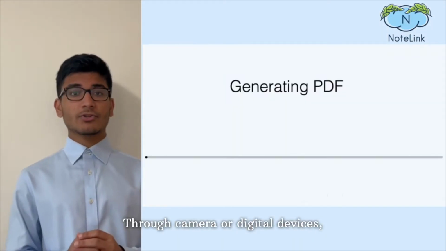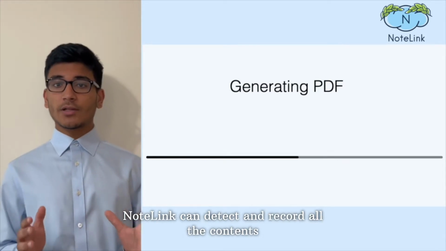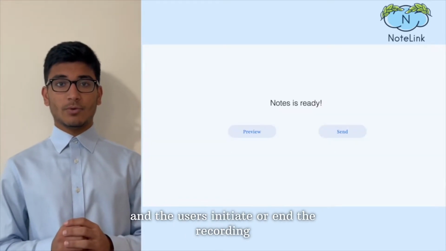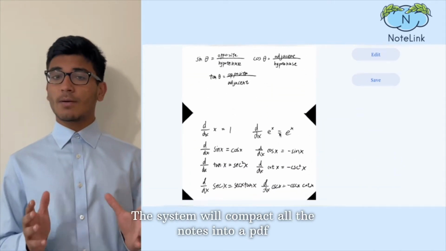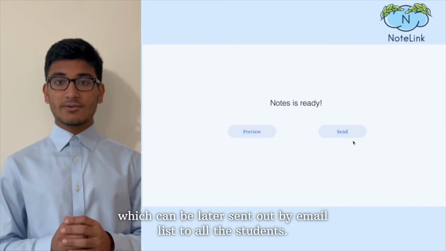Through camera or digital devices, NoteLink can detect and record all of the content inside the four corners on the whiteboard, and the users can initiate or stop the recording by simply pressing a button. The system will compact all the notes into a PDF, which can later be sent out by email list to